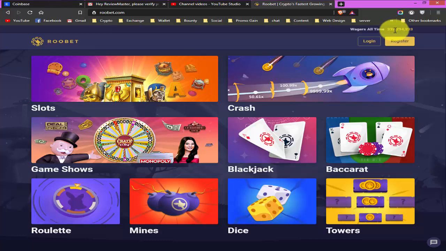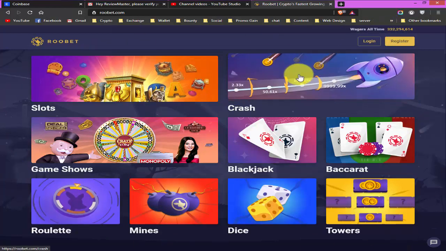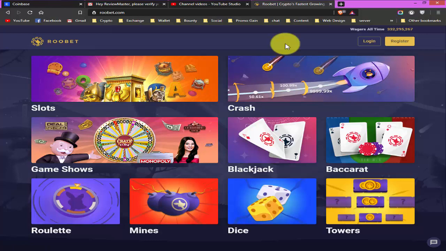So here you can see how much crypto they have already wagered on this website, and there are many games on this website which you can definitely try with your crypto like Bitcoin or Ethereum. In this video I am going to deposit my Bitcoin on this website and show you how to play different kinds of games and how you can profit in this current situation of COVID-19. So let's start the video after the intro.